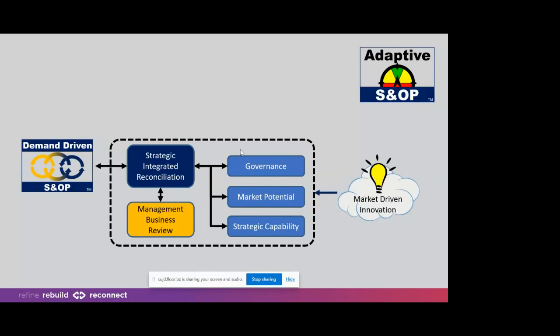And we look at all the other governments, the legal, the strategic. We look at the market potential. What's available to us if we could fulfill all the market potential? How big is our market? And then what is our strategic capability? In other words, how is our company going to go to market? How do we create that market pull? So by integrating those 3 areas, we come up with an adaptive business plan that is then fed to DD-S&OP,